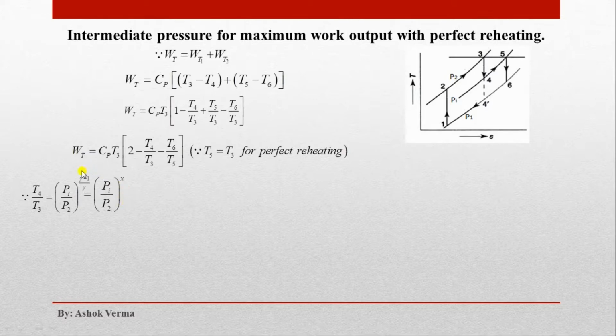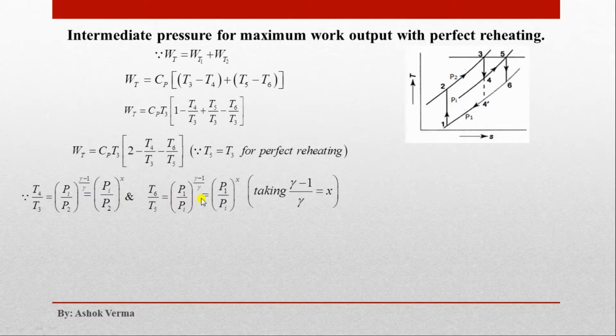And we are taking (gamma minus 1) by gamma as x, and T6 by T5 equals (P1 by Pi) to the power (gamma minus 1) by gamma, or (P1 by Pi) to the power x. Hence, putting these values of T4 by T3 and T6 by T5 in this equation, you will get, here we are taking T3 common only, because T3 depends on